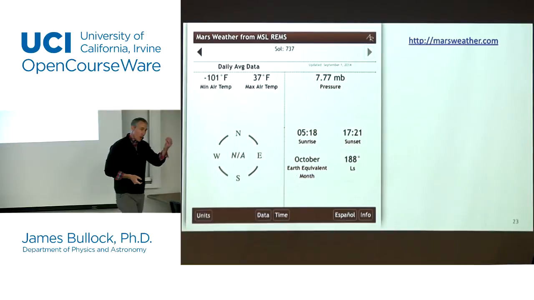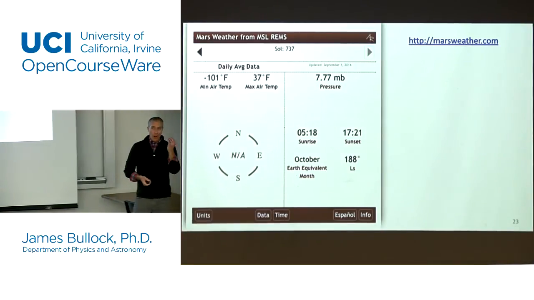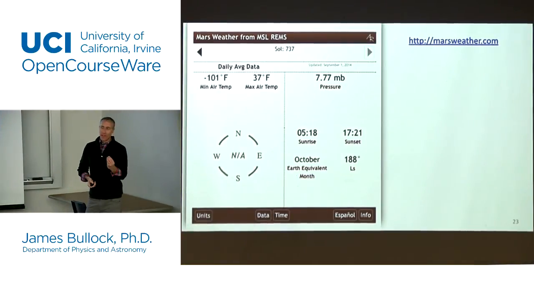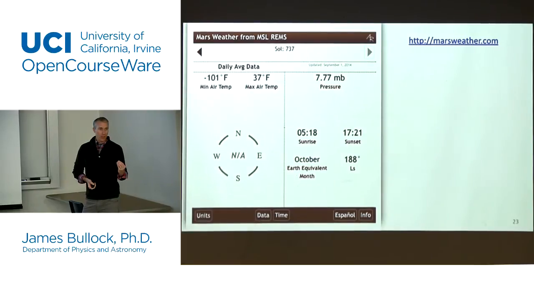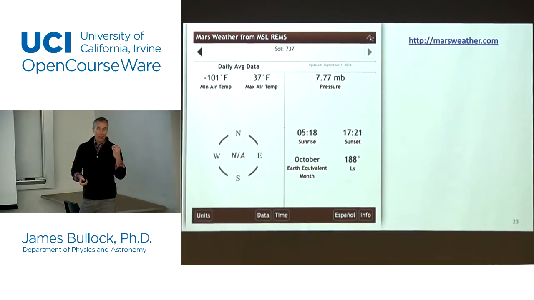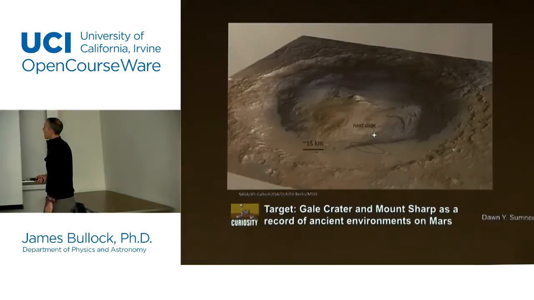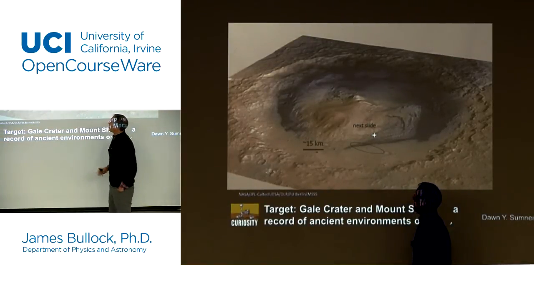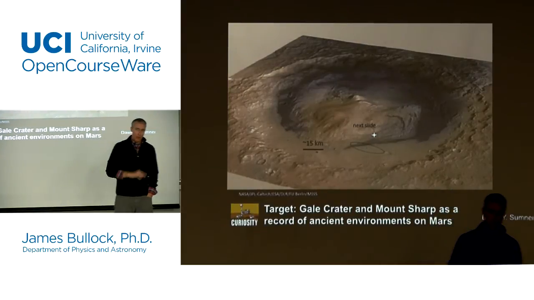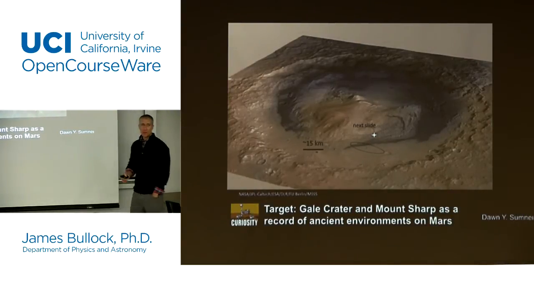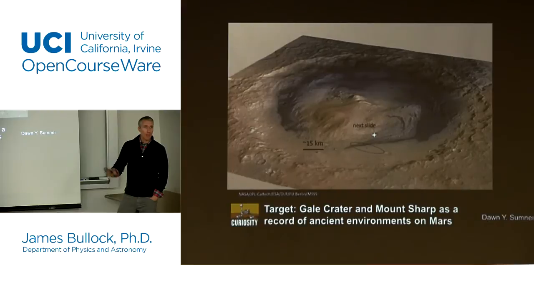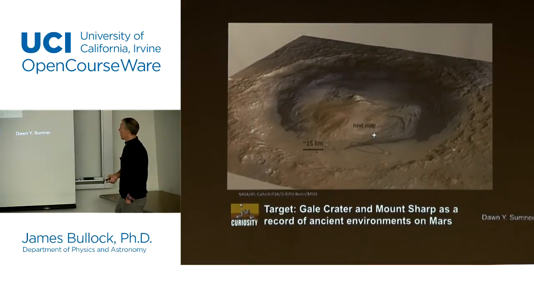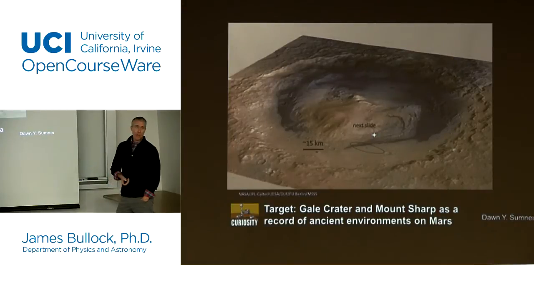It's just kind of fun that we know so well what the conditions are on the surface of this planet, when 100 years ago we thought there were canals. We didn't know what the heck was going on on the planet. Now we know so much about it. It's really pretty amazing. The target of this mission was to slide into this particular crater on the surface of Mars that people wanted to explore because maybe it was exposed sometime in the past. We can figure out what was going on on the surface of Mars and learn about what was going on in the past.